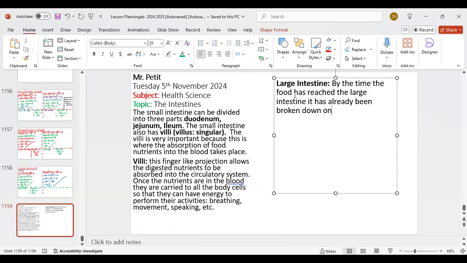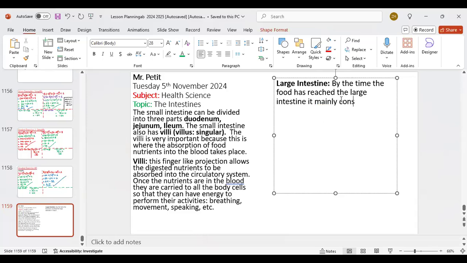Only undigested food goes here. That doesn't sound right. Let me change that. By the time food has reached the large intestine, it mainly consists of, let's write it like that,